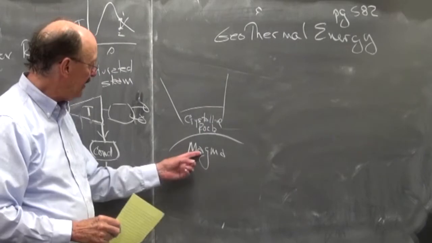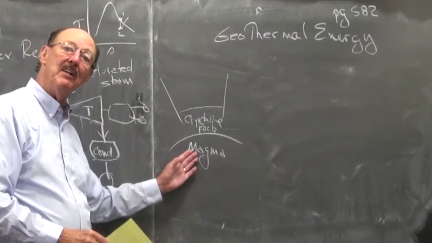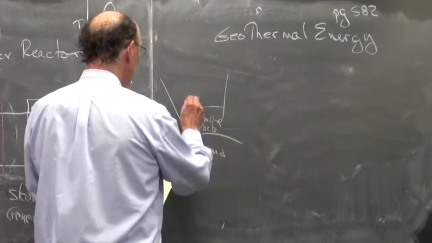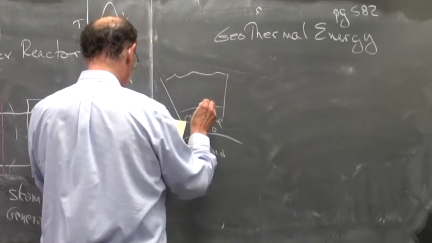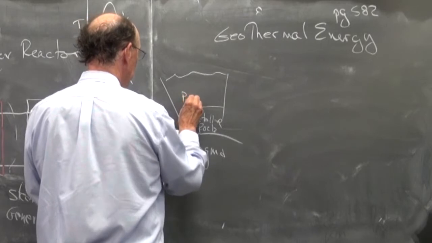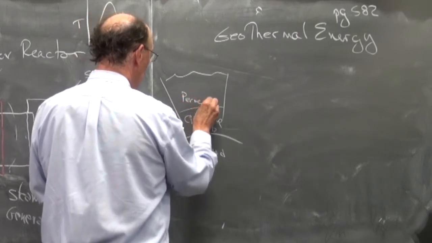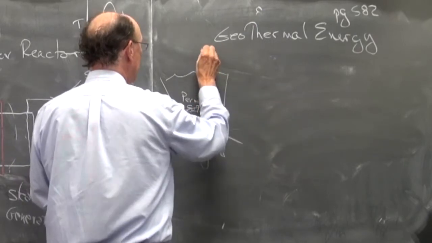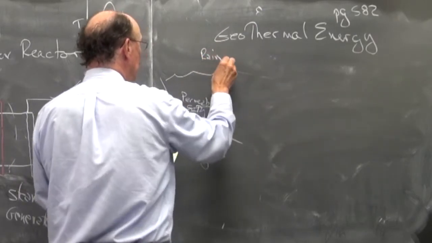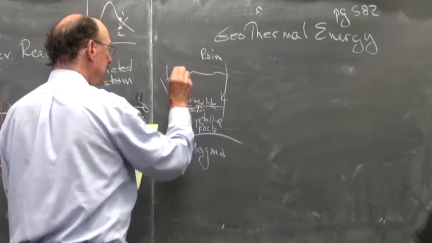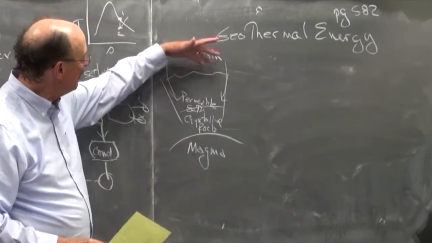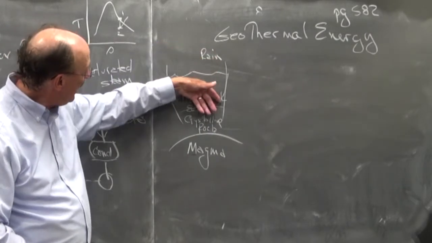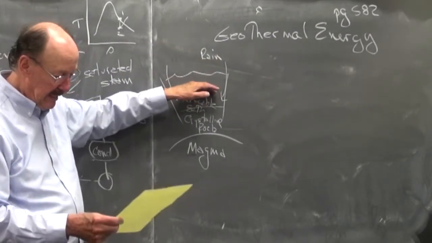So this is the hot inner core of the Earth. So it's hot, and it's going to radiate out. And up here, we have the soil, and we have permeable Earth. And you'll see, we can have rain. So rain can come down and go in the ground. So basically what's happening is eventually water from the surface goes down in here, and then